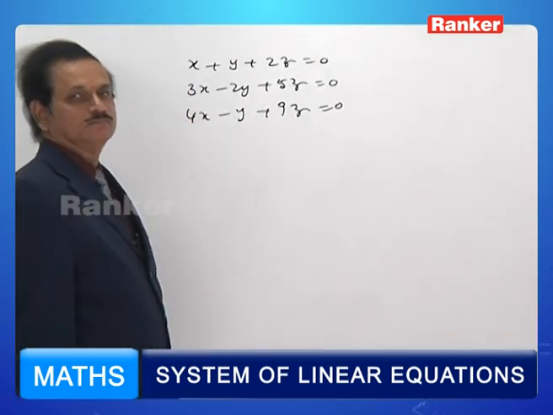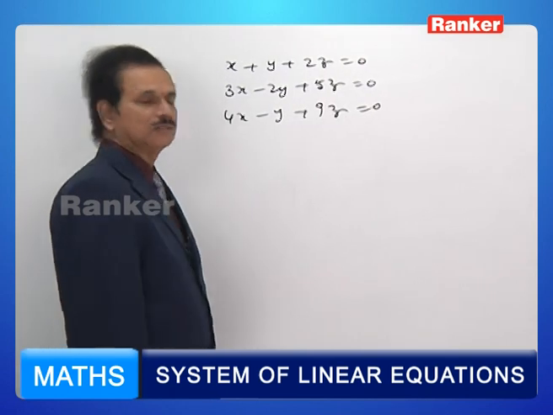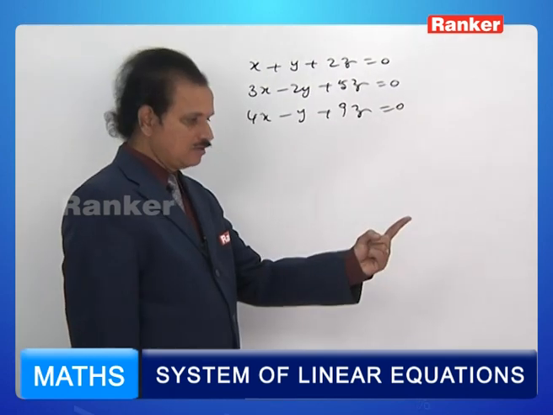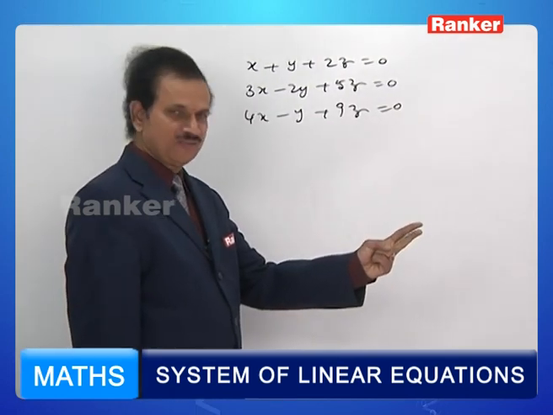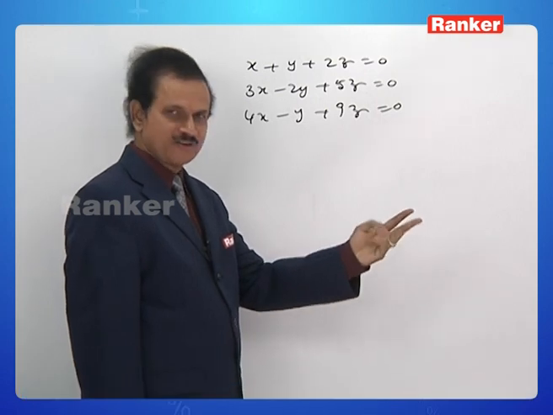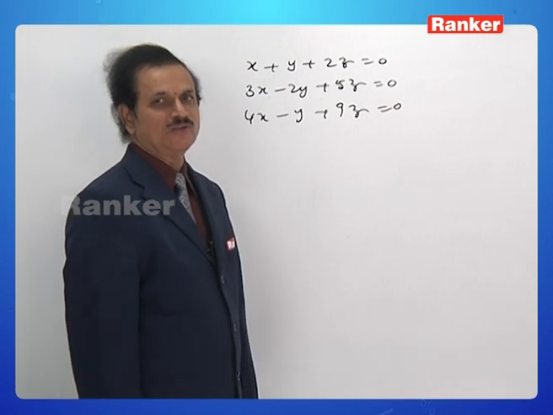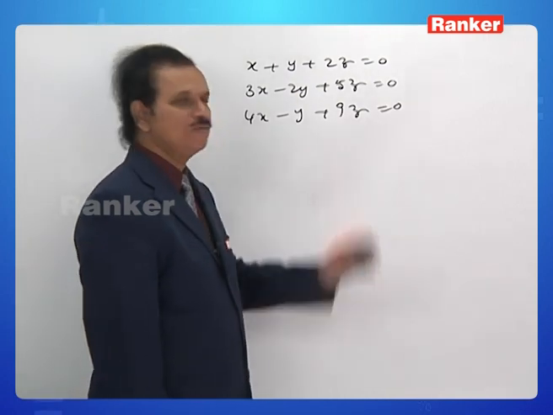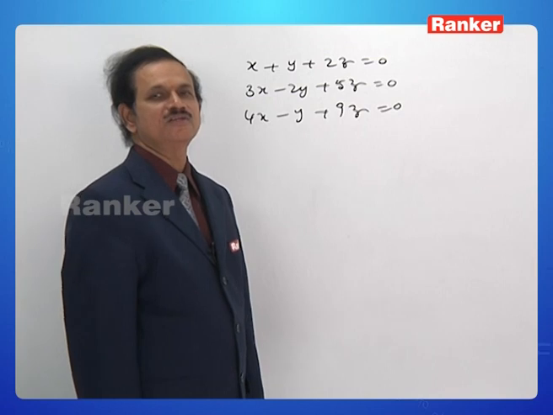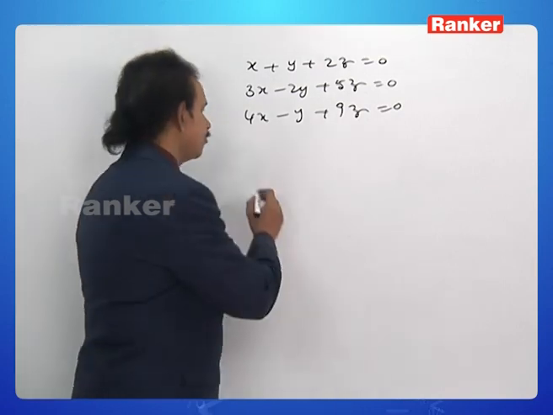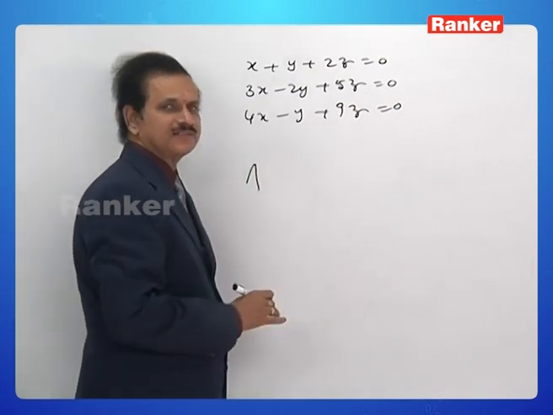This is the given system. The options are: unique solution, infinitely many solutions, no solution, none. One thing is sure, no solution is wrong. This is a homogeneous system. Definitely zero solution is a solution. Now, this is not a subjective test, it is an objective test.